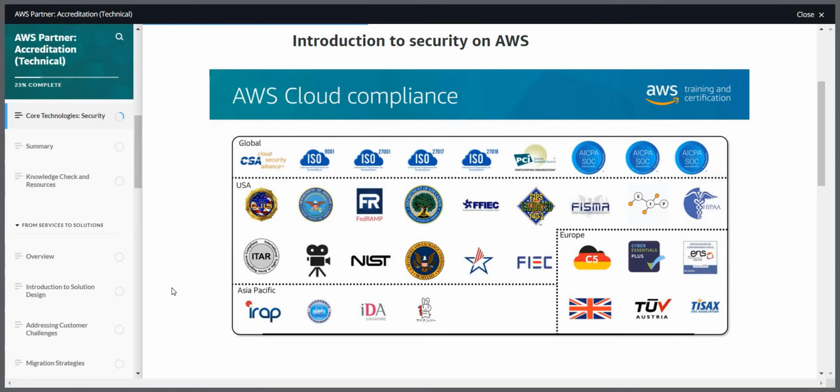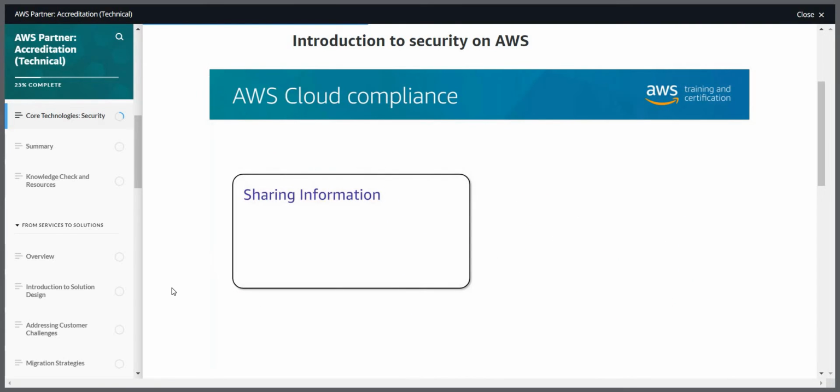Finally, AWS environments are continuously audited with certifications from accreditation bodies across geographies and verticals. In the AWS environment, customers can take advantage of automated tools for asset inventory and privileged access reporting. While customers don't communicate their use and configurations to AWS, AWS does communicate its security and control environment relevant to customers. AWS does this by obtaining industry certification and independent third-party attestations, publishing information about the AWS security and control